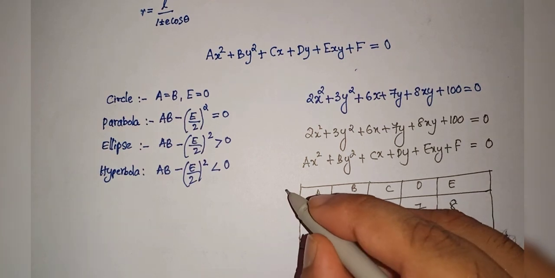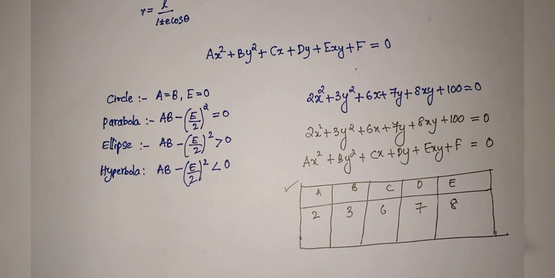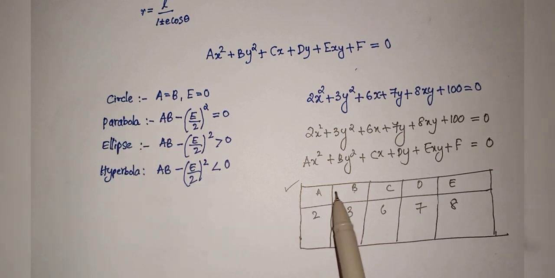Now this is ready. Now let's go with the sequence of tests. If A is equal to B, then you're going to get a circle. So it is not passing, because A is not equal to B, and we also have an E term which is not 0, that is 8. Now go with the next